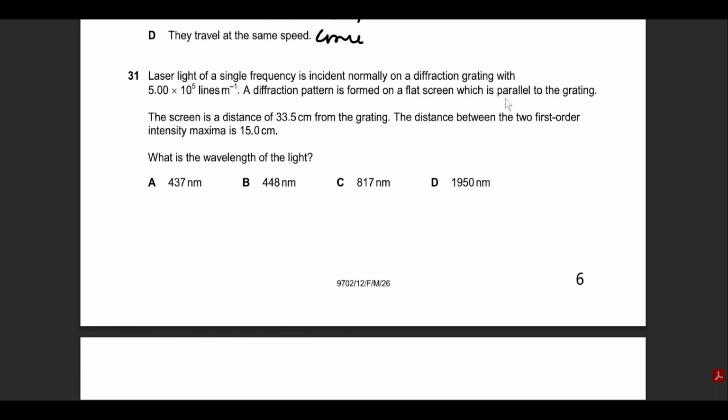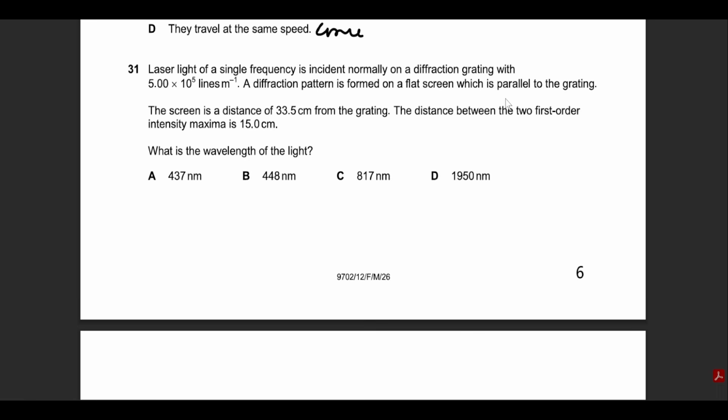31 requires a bit of geometry, but let's see. He says that the D is given to you. It's a diffraction grating question, so I'm supposed to write down n lambda equals d sine theta. The distance between the first order intensity maximum is 15 centimeters. Okay. The screen is at a distance of this. What is the wavelength of light? All right. So this is the D in this equation. And to find